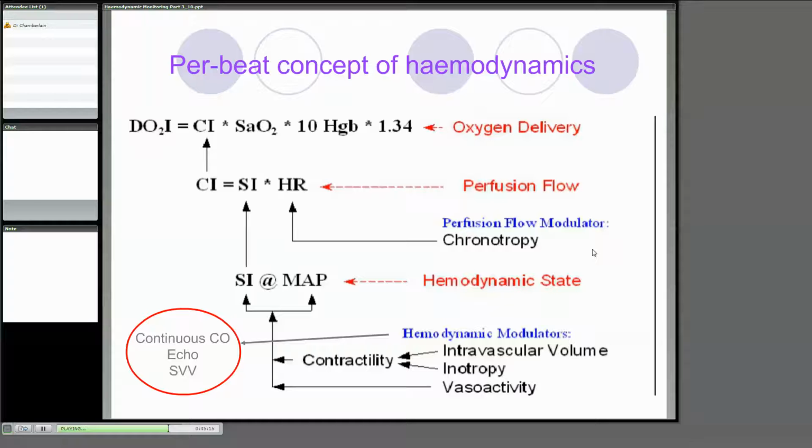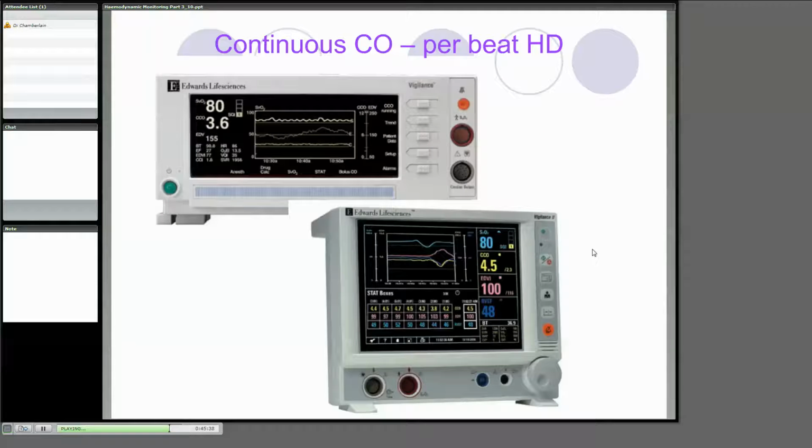So, in fact, what it would do would be not just oxygen delivery, but it would also tell us about blood flow and perfusion, plus the hemodynamic state. But we could do it through a continuous cardiac output modality. We could look at continuous echo, and we could look at stroke volume variation as well. So let's have a look. This is